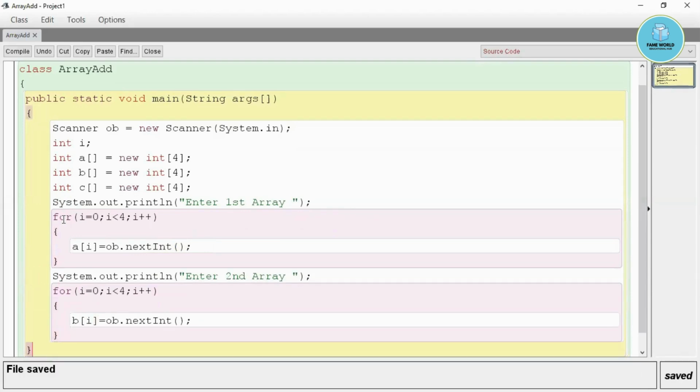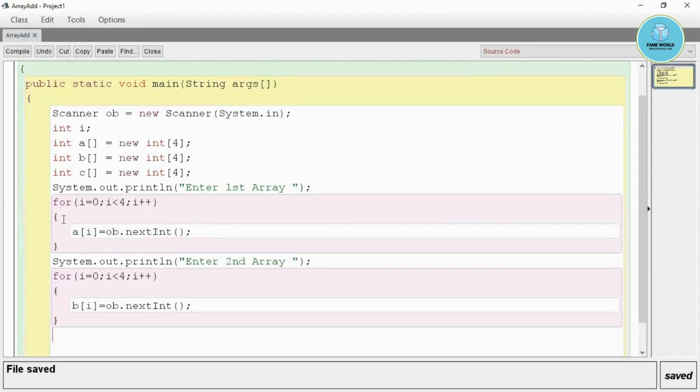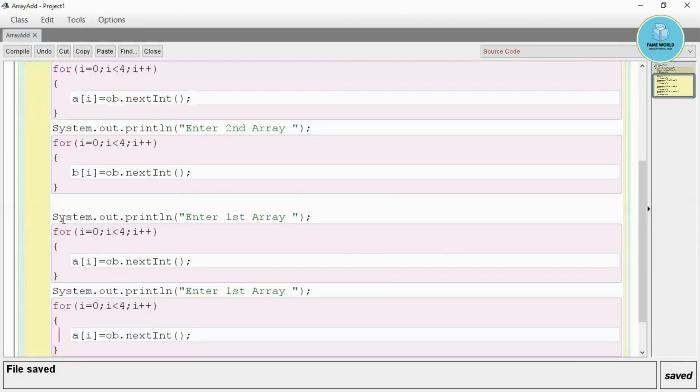After that, what we need to do is print it, because this is the basic requirement. If we are taking input of something, we should print it. It is necessary. Here I'm going to take a, and then slash n. After that, we have to print it.